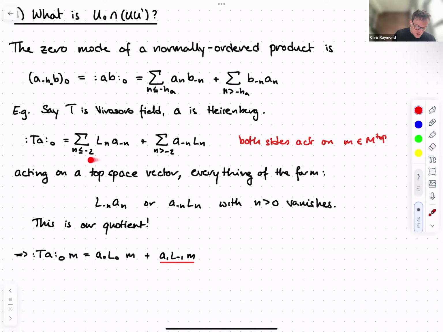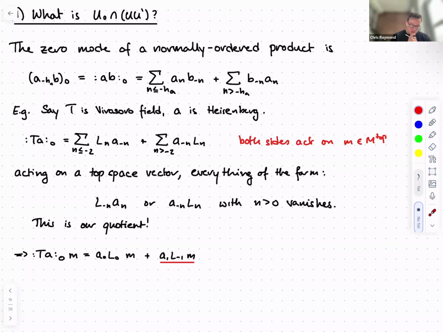There we go. In this term here, I'm going to have a minus n, which is going to be some positive integer acting on m. All of these terms here are going to disappear. And over here, I'm going to have something that I need to be a little bit more careful with. So here I'm going to have a term with L minus 1, which is appearing here. And here I'm going to have also appearing the term where I have both zero modes